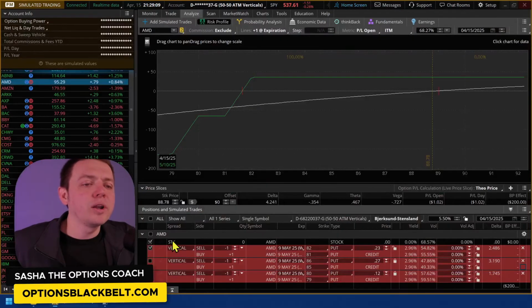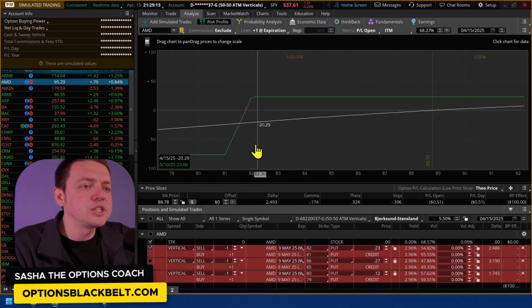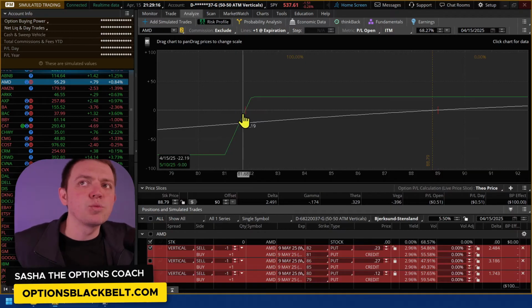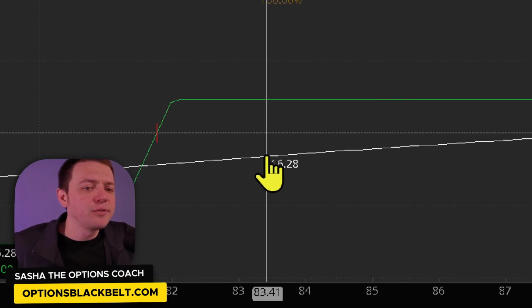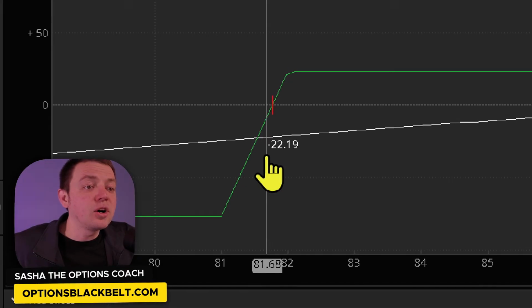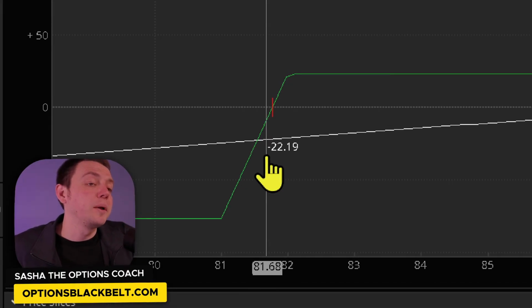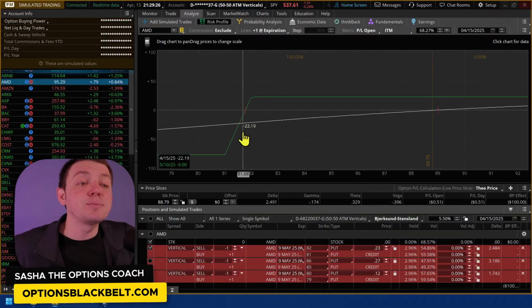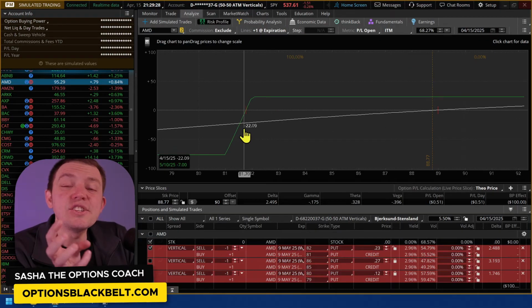Now, the other thing I want to point out for you on that one is that when we come into this break even, which is this red hashtag right here, if we're trying to make 23, right at that break even in that spot, we're actually also losing about 23. Okay, and this is the exact type of spread construction that I would often teach for beginners